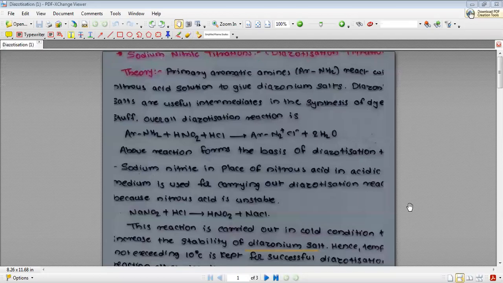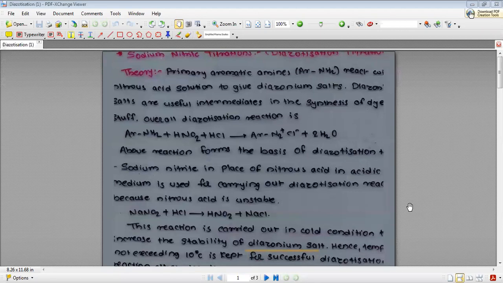So before starting up with the diazotization titration, since our pharmaceutical analysis one mainly covers quantitative types of analysis, that is, we are going to measure the amount of the drug substance either in the form of gram, either in the form of kilogram, either in the form of molar, either in the form of normal, or either in the form of percentage. So, fourth unit of unit third comprises of diazotization titration, which is also known as sodium nitrite